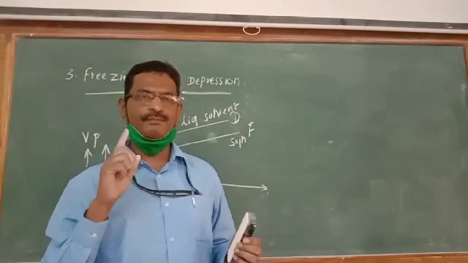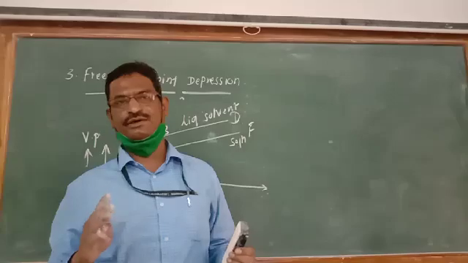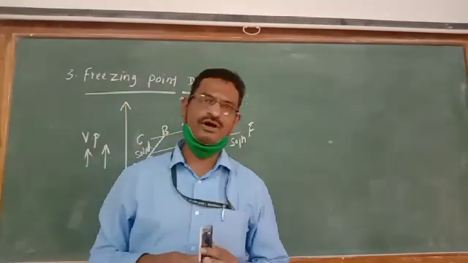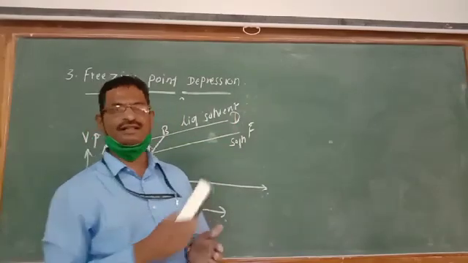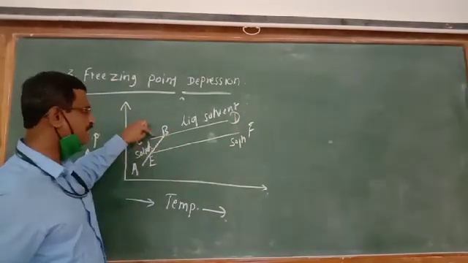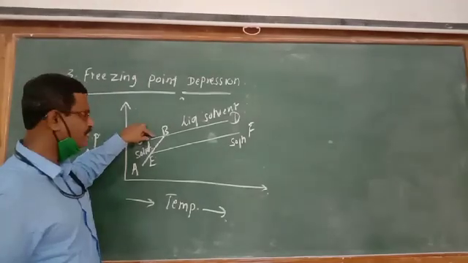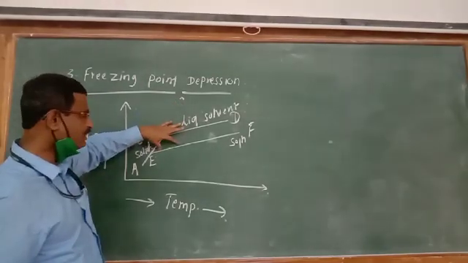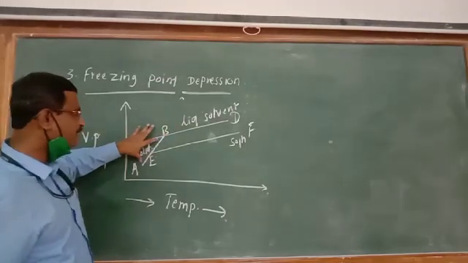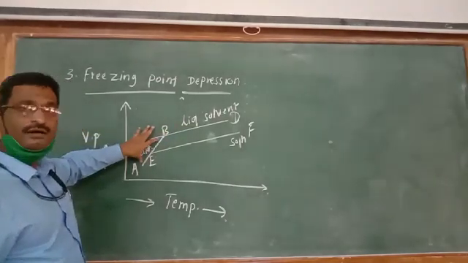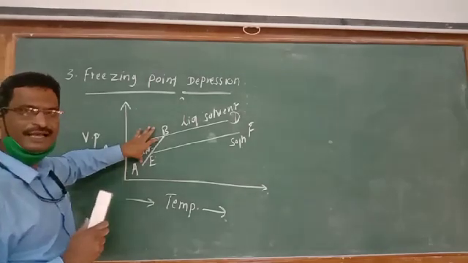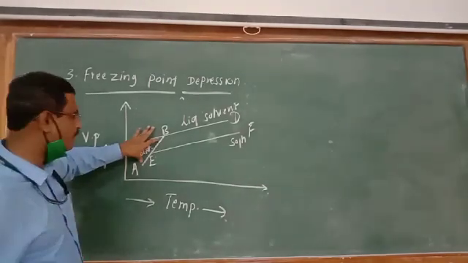Therefore, as the number of molecules decreases, the vapor pressure also decreases, and hence the vapor pressure of the pure solvent is greater than the vapor pressure of the solution. So CD is the pure liquid solvent with greater vapor pressure, and EF is the solution with less vapor pressure. AB is the pure solvent but in the solid state, and I have told you the comparison of solid, liquid and gas: solid always has the minimum vapor pressure.